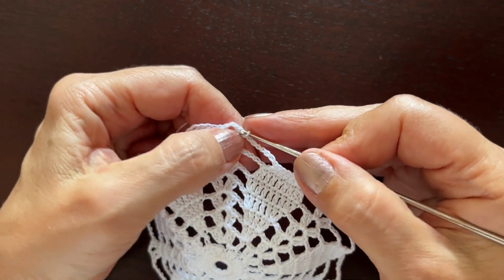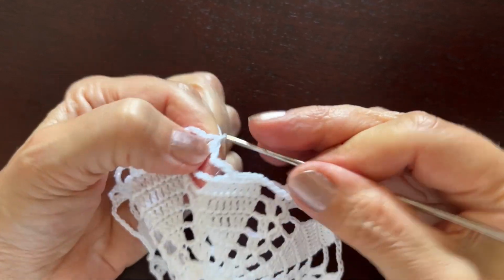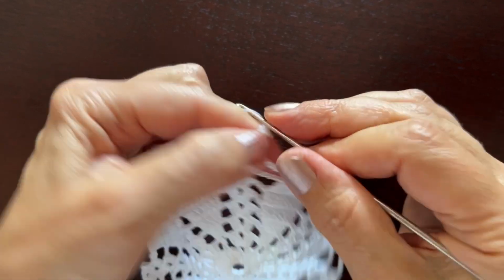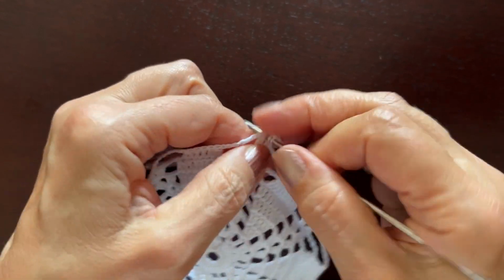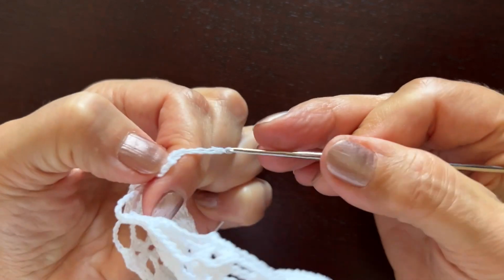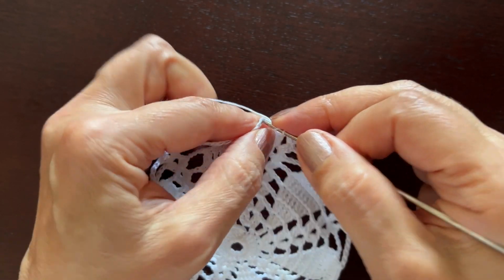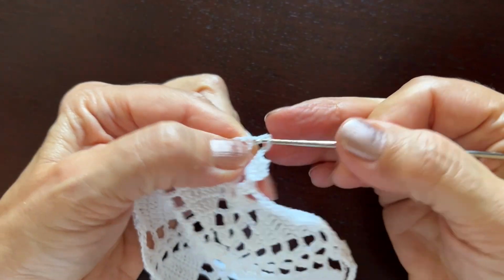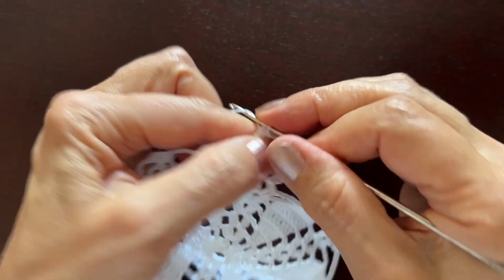Round number 9. 2 slip stitches, a shell, as usual. Now chain 4, 3 double crochets in the middle of these 7 chain stitches, 1, 2, 3,